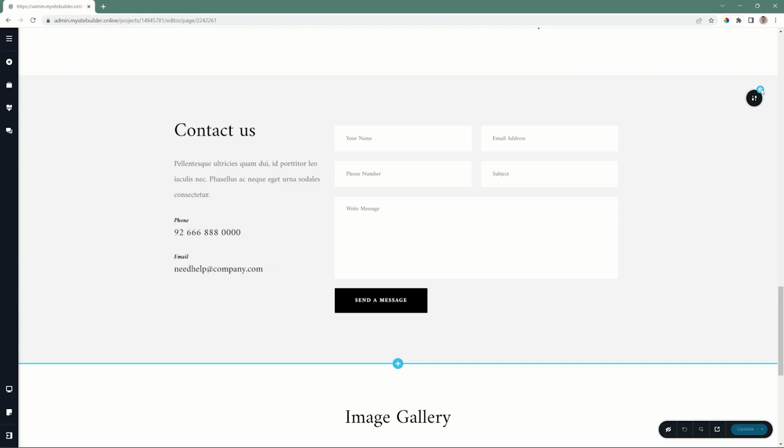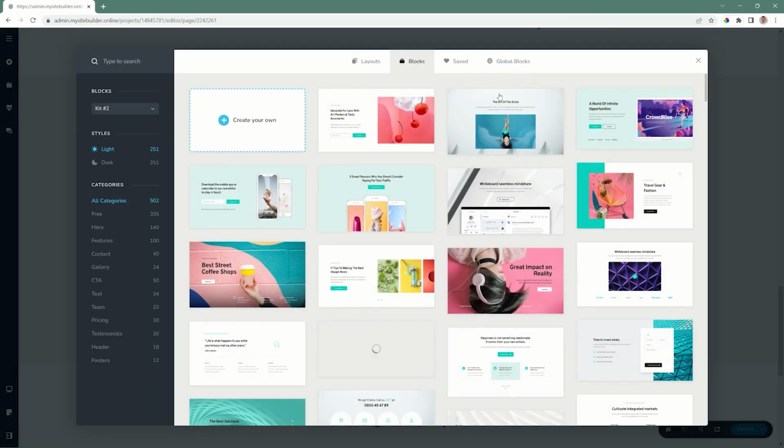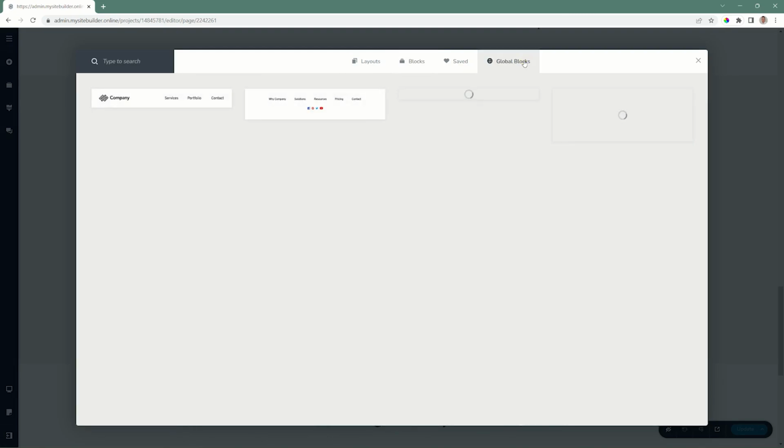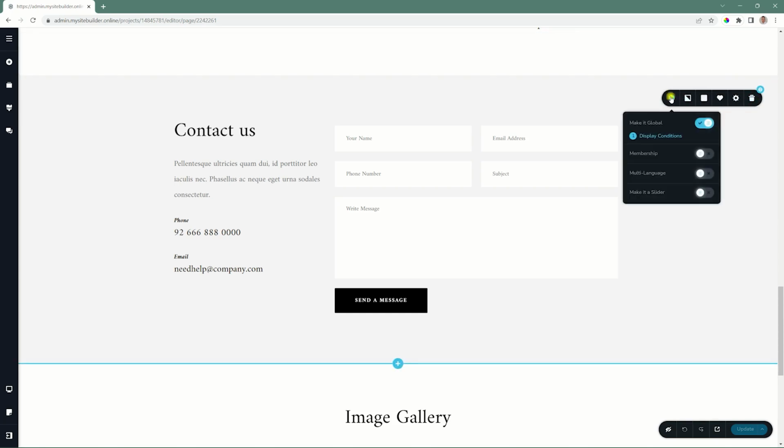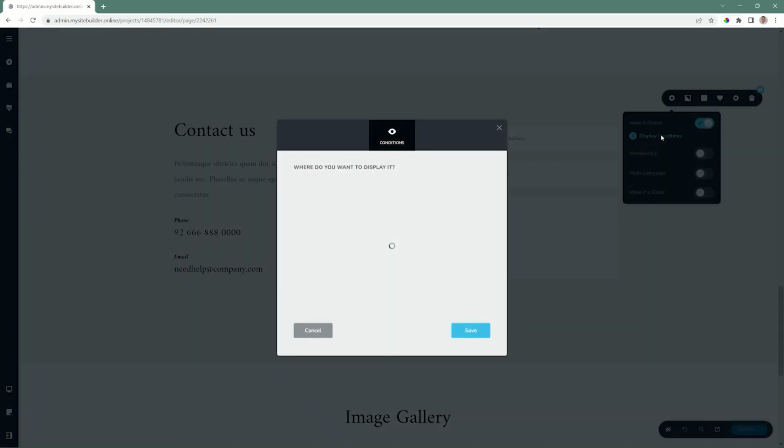Now the global block can be found also from the block manager. If you go there and you select global blocks, you will see here I have a few that I've already created, as well as this one that is a global block. Let's close it and have a look at the settings. Select the settings all the way to the left and click on display conditions. This opens the splash screen that we saw earlier. What this conditions will do is to allow us where this will appear, and this is a pro feature. Currently, it is included to appear only on the home page. It will not appear on any other page unless we add it to those pages, and then it will appear